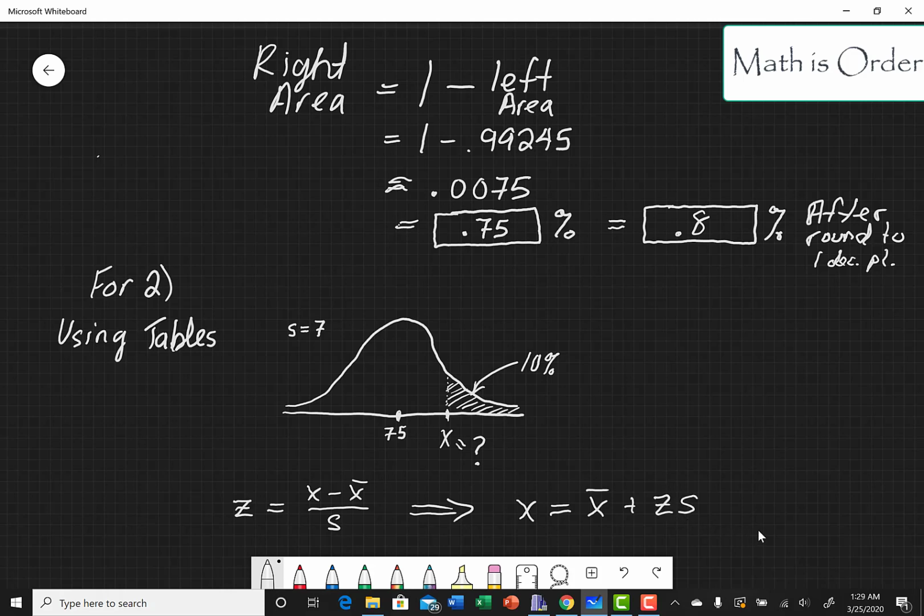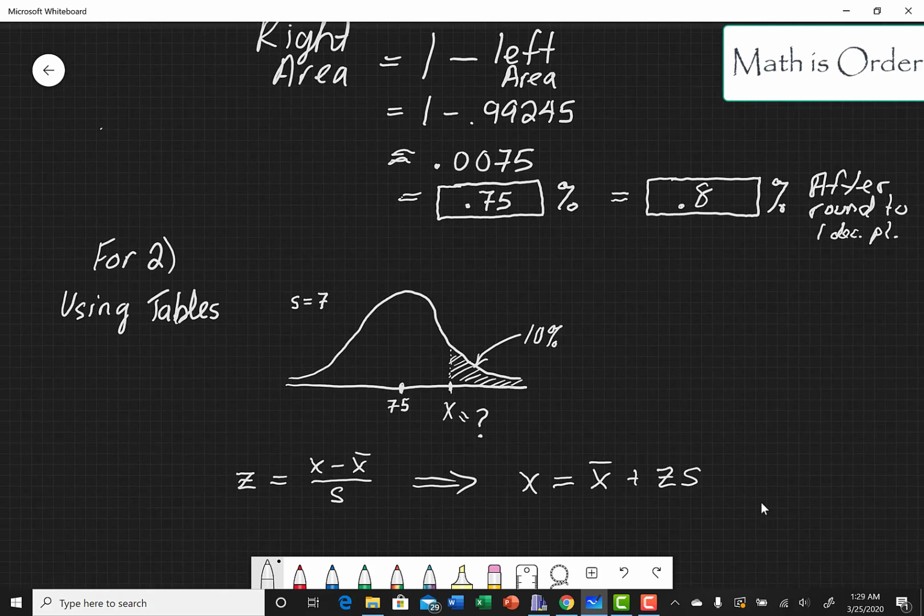So all we need: we already know x bar, we already know s, but we do not know z. If we can find z, then we can find x, because we know x bar is 75 and we know s is 7. If we can only find z, then we can know what x is. So in order to find that z,